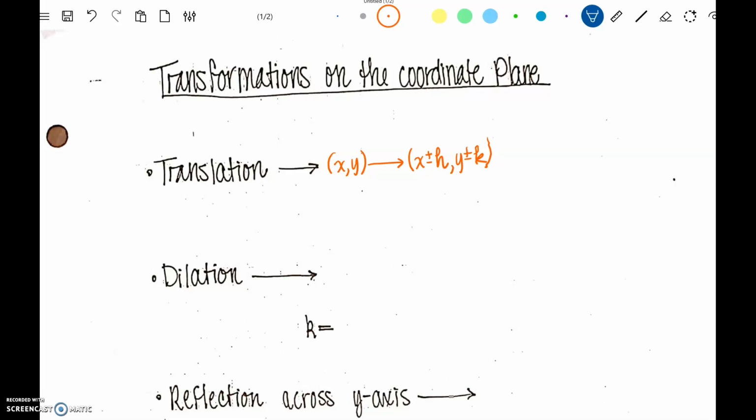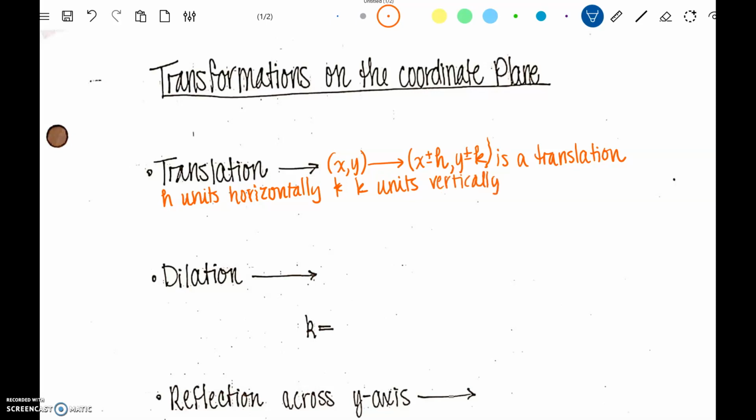So this rule right here is a translation H units horizontally, which means right and left, and K units vertically, which means up and down,